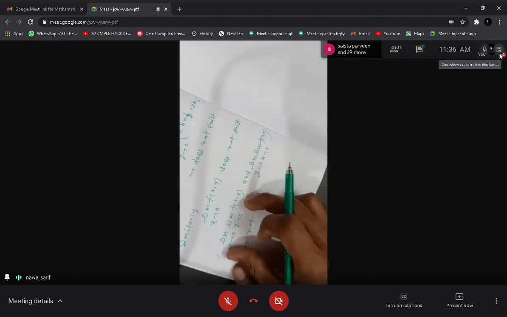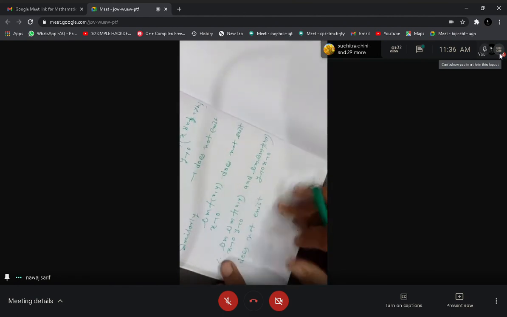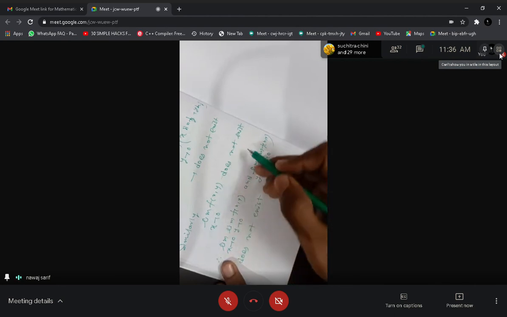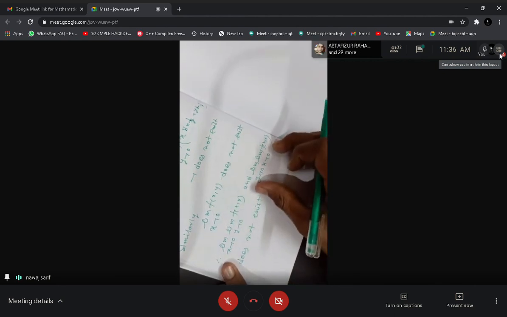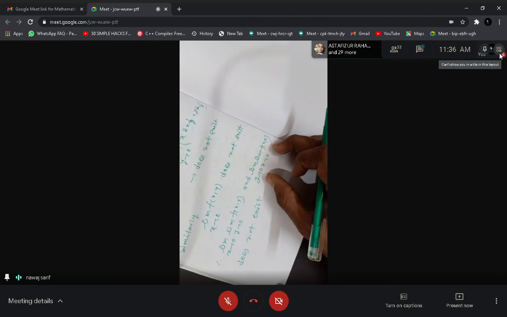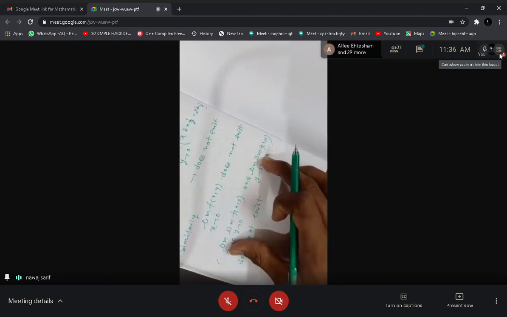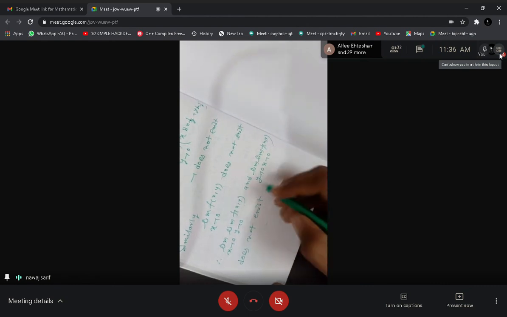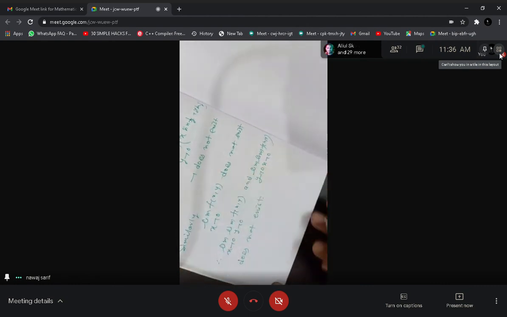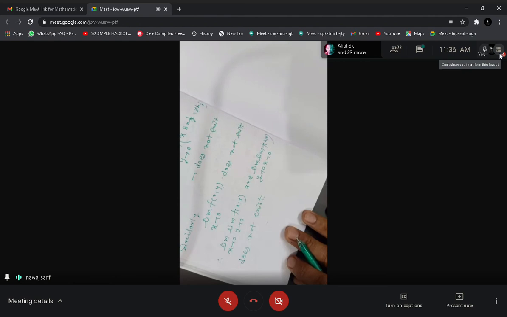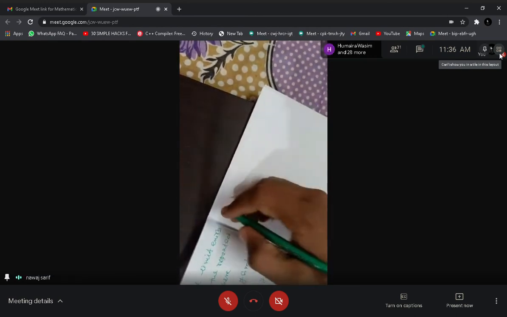Limit of this repeated limit does not exist, and limit of x tends to 0 f(x,y) does not exist. That means your second repeated limit does not exist. Okay, that means both repeated limits do not exist. So you can easily see that the repeated limit does not exist. Now we have to show that the limit of this function exists. So how will you show the limit exists?